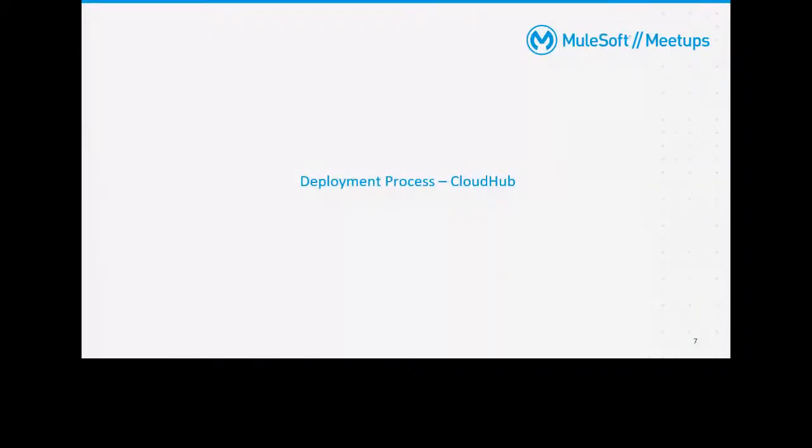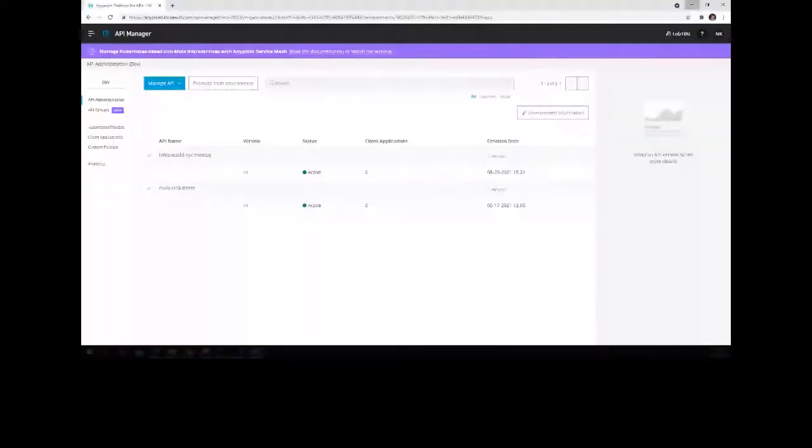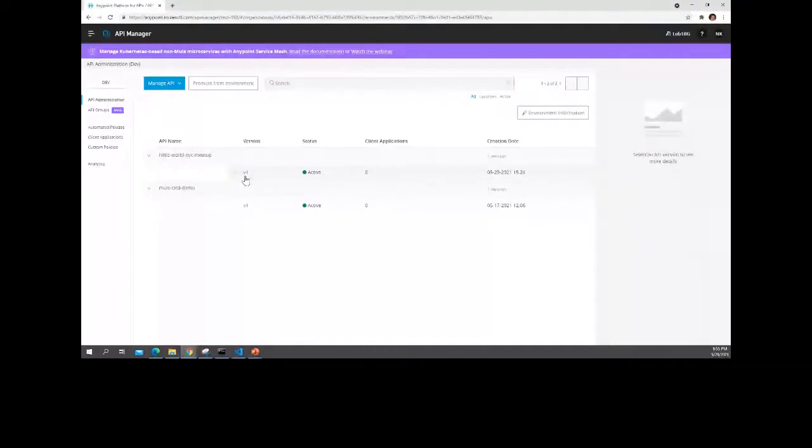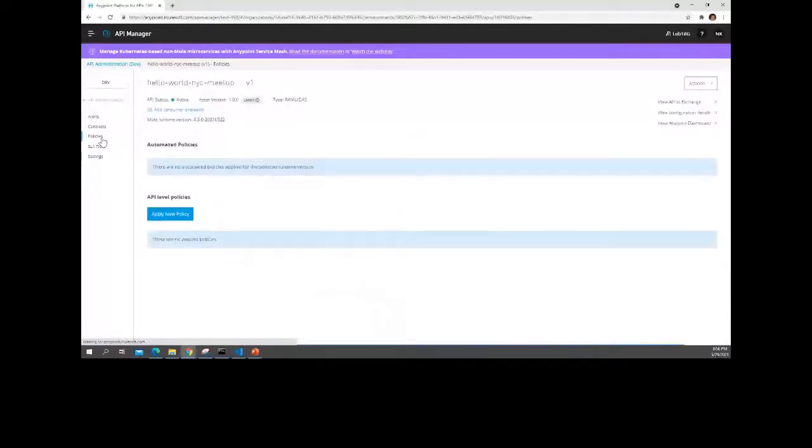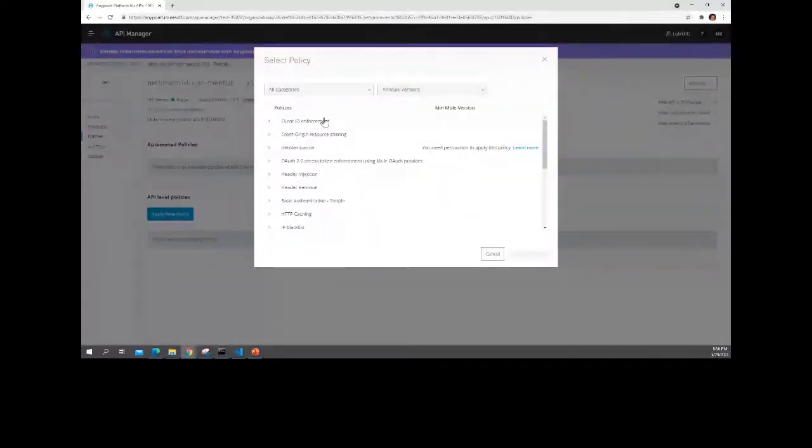Now let's move to the next slides. I already said something about API discovery. Now let's quickly see what a policy setup is. For example, I have this API and I want to apply a few policy settings, say client ID enforcement. This is the place where you actually apply the policies.